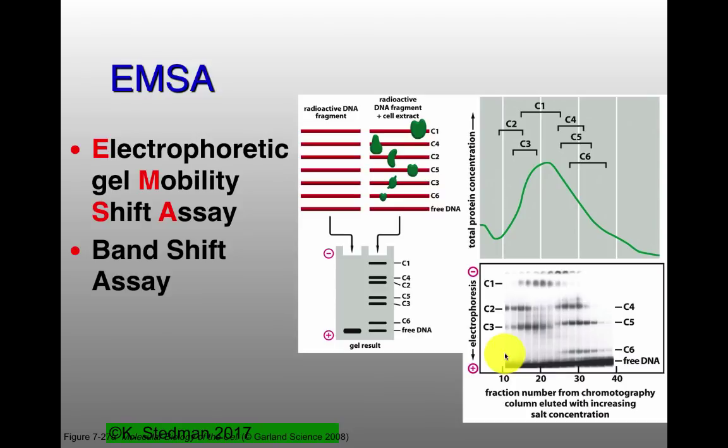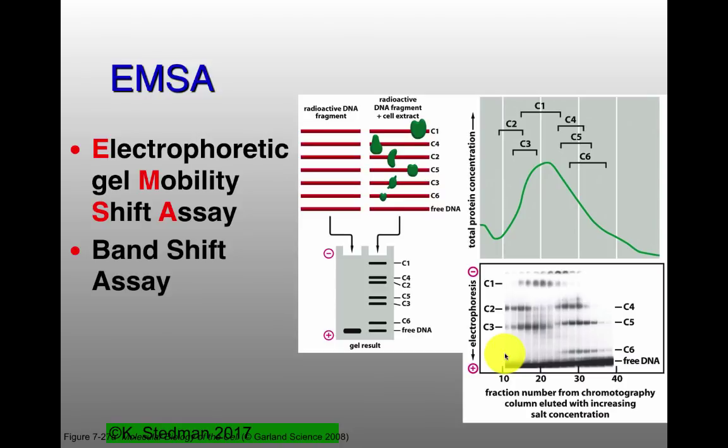This is potentially what you would use, I think last time we asked about the little blue bumps that you had in some of the chromatographies. This would be a really good way of saying, oh, okay, I'm finding a protein in this fraction in my chromatography which binds to this particular piece of DNA. So you're using it as a way of testing each of those particular proteins. And in fact, this is exactly how we got TFIIA, B, C, D, E, and F.